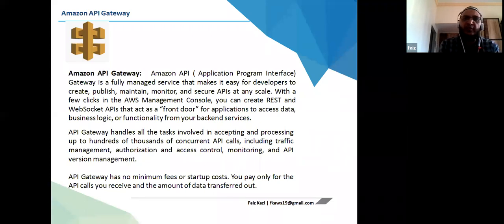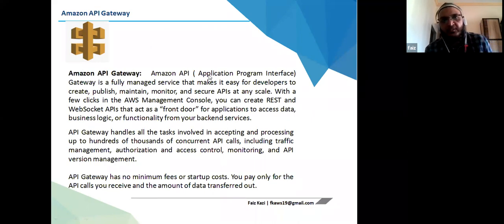If you have heard about the three-tier architecture, the business logic is nothing but the API. It will be connected to your web server, and it is the interface between your web server and your database.